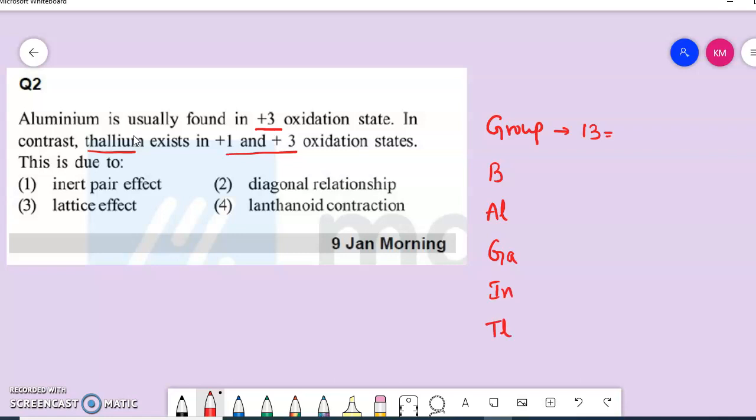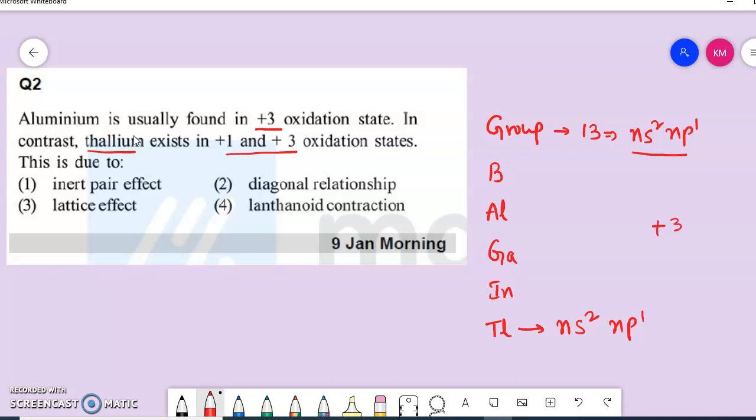And group 13 elements' electronic configuration is ns2 np1. You know it. There are 3 outermost electrons in it. When it comes to thallium, here also its outermost electronic configuration is ns2 np1. So now this ns2 np1, because of these 3 outermost electrons, it's supposed to exhibit